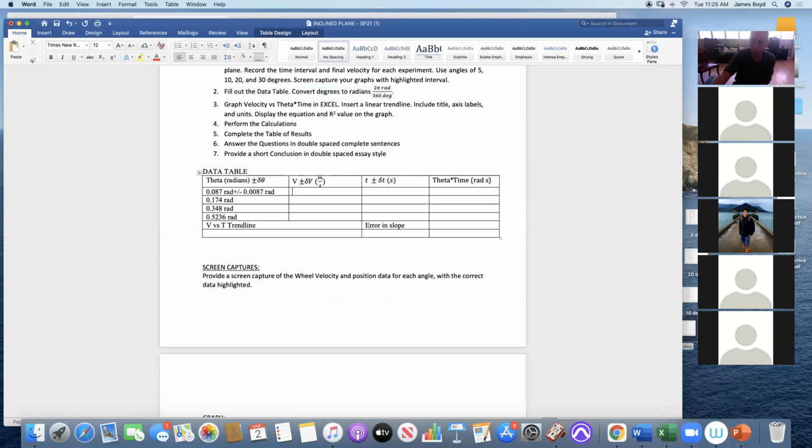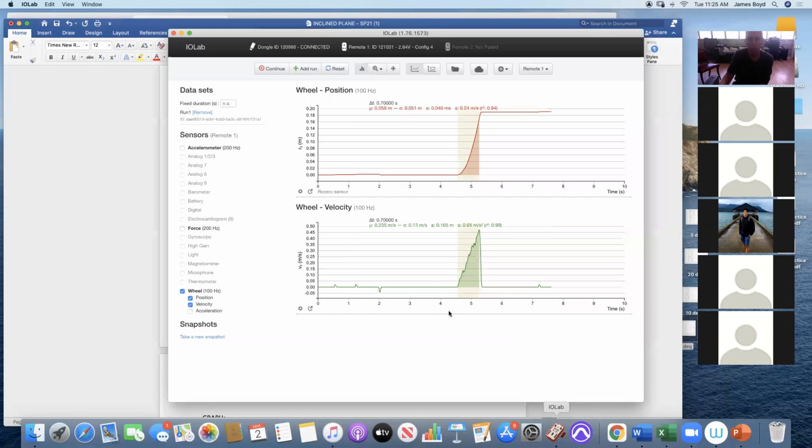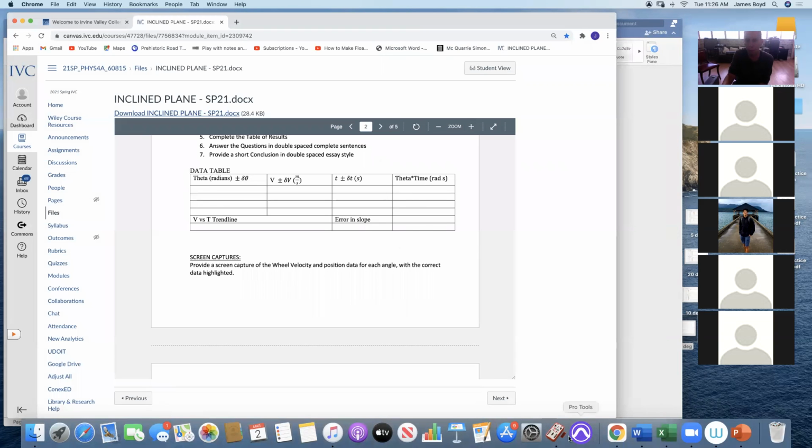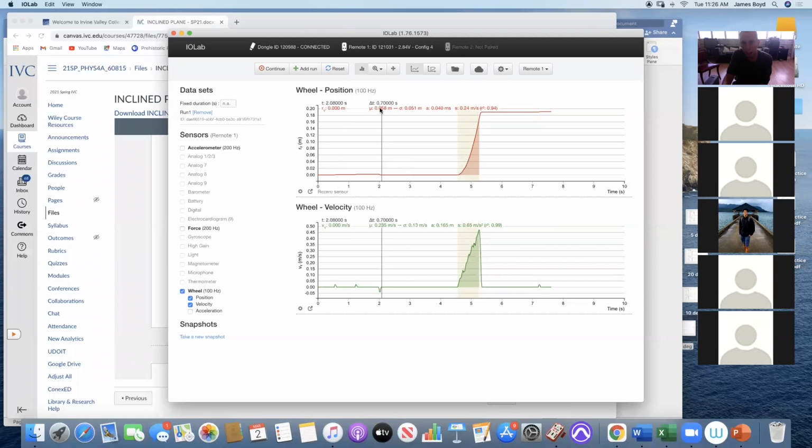So this one would be 0.460 meters per second. What is the plus minus? Remember that our resolution on the iLab is basically the last digit here. So for the velocity, it's 0.001, half of that is 0.0005. So this would be plus or minus 0.0005 meters per second. My time, which is why I grab this interval, I can see my time interval is